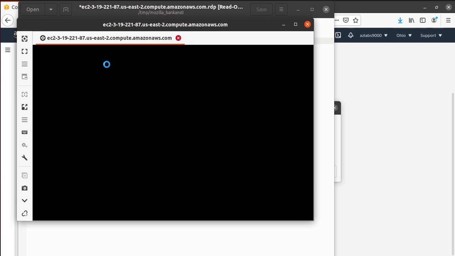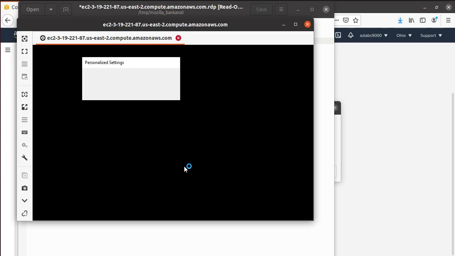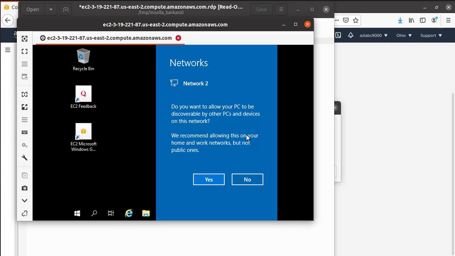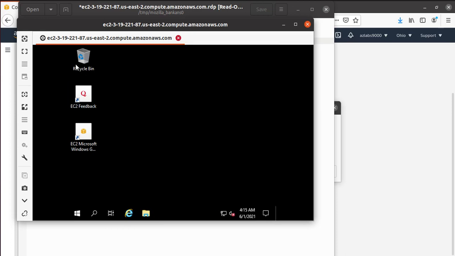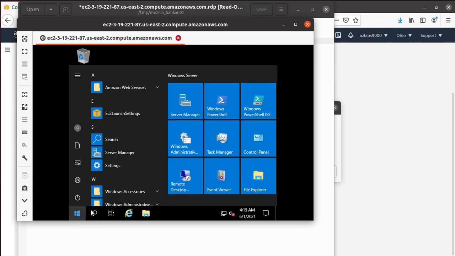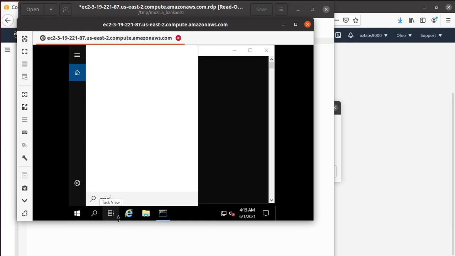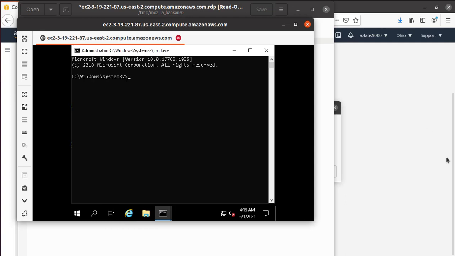And if my password is good, I should be able to connect to the machine, and you're looking at it, I am able to do that just fine. So let's just wait for a minute and let's just log in to this Windows machine. And if you look at it, this is my machine. Just say yes, and over here maybe just do a CMD on it, open up my CMD and